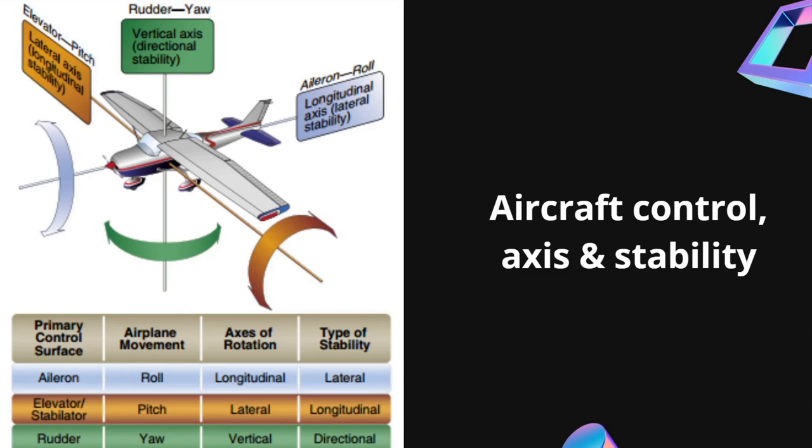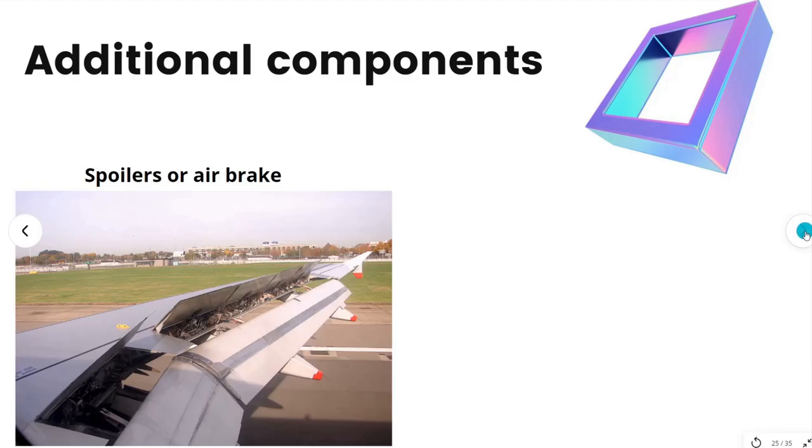Yes, it was the runway length. Basically now the aircraft is touching down on the runway at very high speed, and we don't have a very long runway to stop the aircraft within that length, right? So now we have to use a similar kind of thing to the flap, but this time the flaps don't move in the downward direction, rather they move only in the upward direction, and it is called spoilers or air brake.